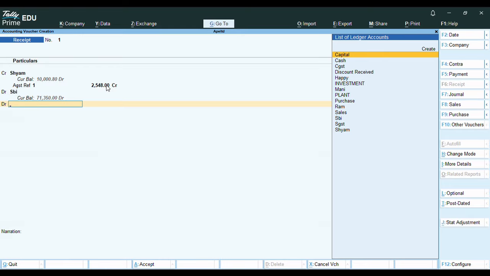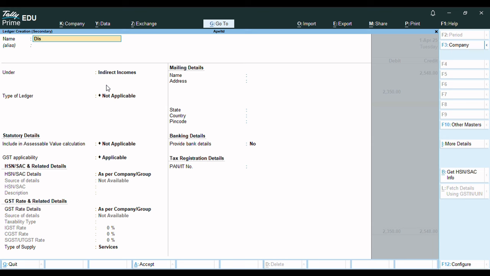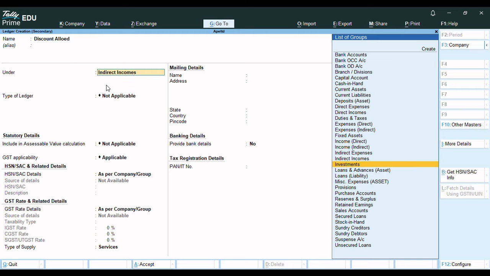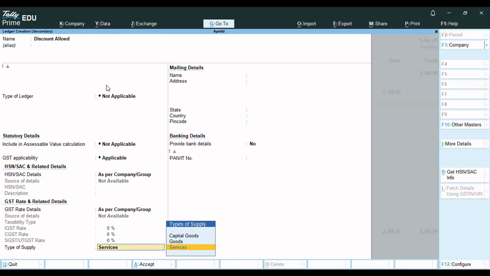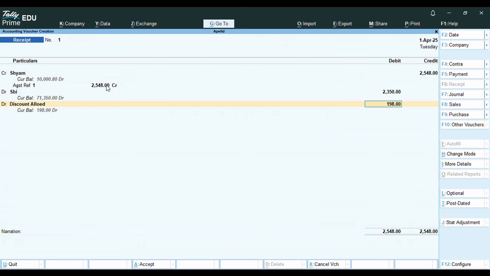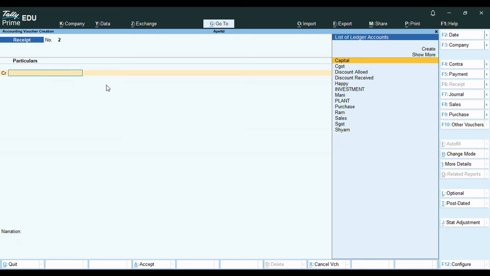Then again Alt C, discount allowed, W key is not working, indirect expenses, okay, how much, 198, so this is again your entry passed, yes. Then entry number 5, voucher entry, investment sold